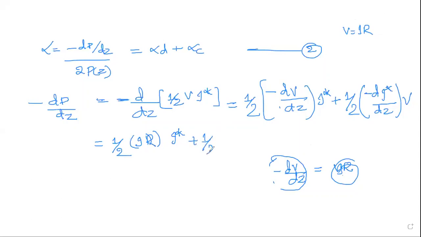Similarly, half into differentiation of I by Z, that is dI by dz, is nothing but, you know, I is equal to V by R, which is nothing but 1 by R is taken as conductance, that is sigma. This is nothing but V. So a small quantity, that is differentiation with respect to Z, you can take it as sigma V, whereas you have complex conjugate, you can take it as the complex conjugate V. So this term will be sigma into V star into V.